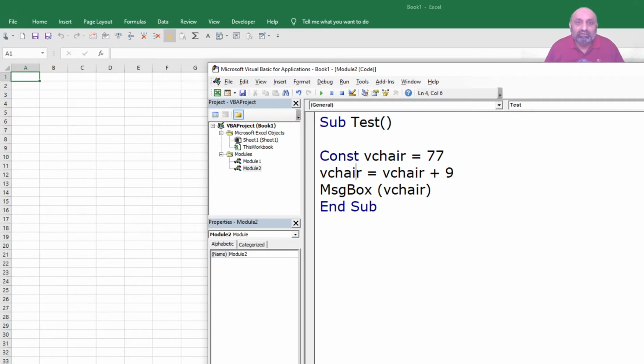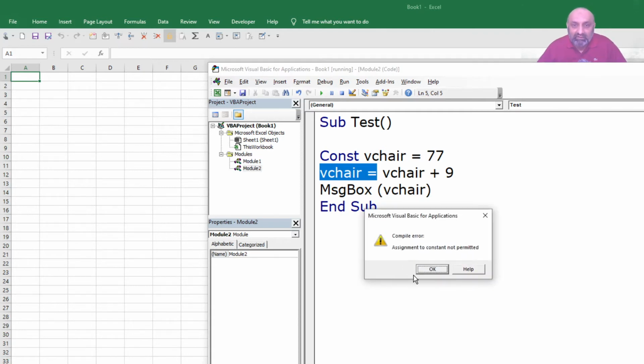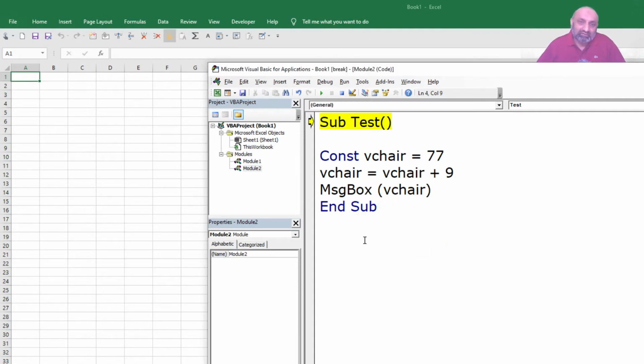Constant. Okay. The first assignment, I use the word constant with the first assignment, and if I try to run this, you can notice that it says assignment to constant not permitted. So I can say that this variable is going to keep its value and it's not going to change by just adding the word const.